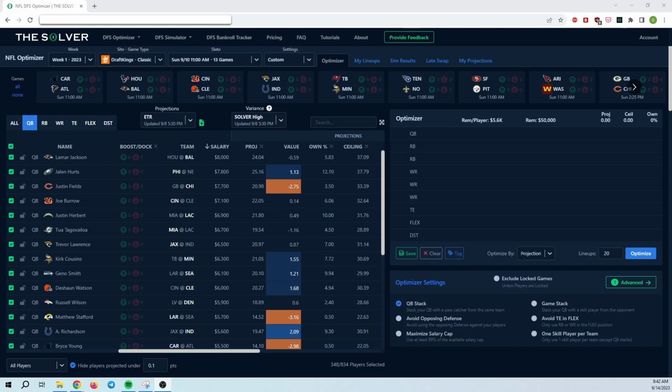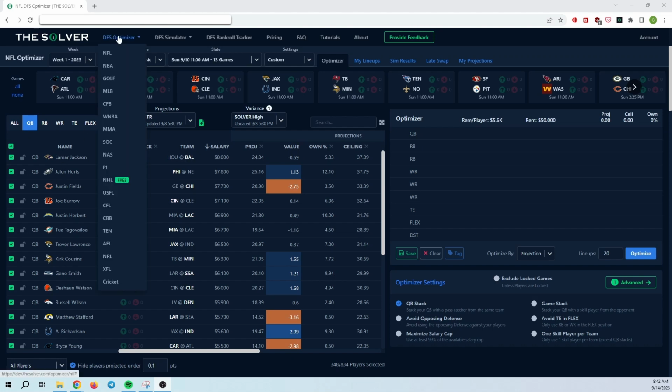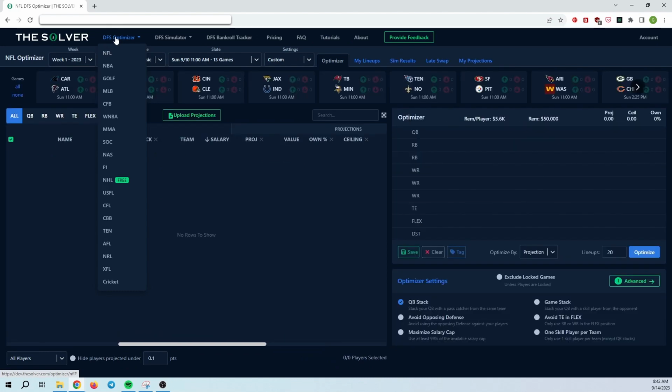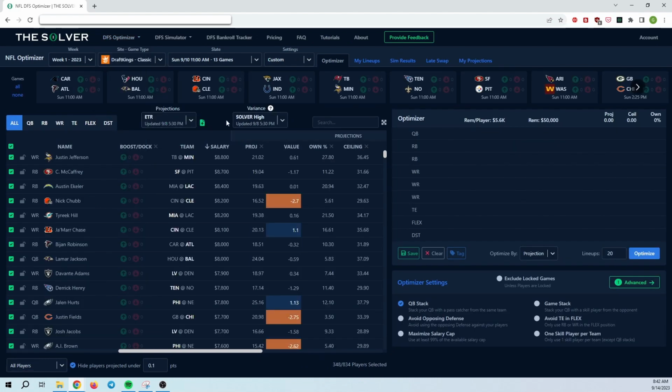Hey everyone, I want to go ahead and show you how to use the DFS simulator over at the solver. The simulator is located within the DFS optimizer, so I can just go ahead up here and hit NFL. You do need an optimizer subscription as well in order to use the MME simulator. So for being able to simulate more than one lineup at a time, you do need a DFS optimizer subscription